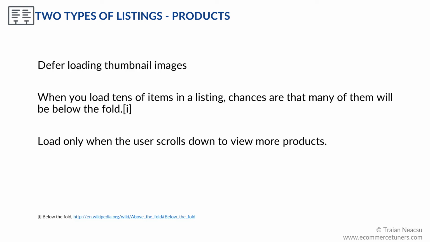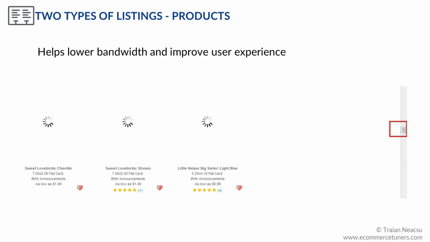Another optimization idea is to defer loading of thumbnail images. When you load tens of items in a listing, the chances are that many of them will be below the fold. Loading all thumbnail images at once is neither necessary nor recommended. Load only when the user scrolls down to view more products. While image deferring has not much to do with rankings, it will help improve user experience by decreasing the page